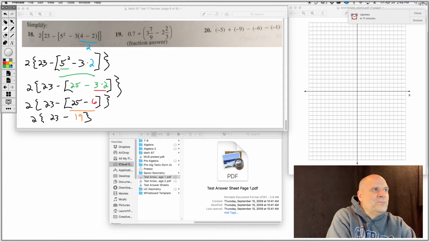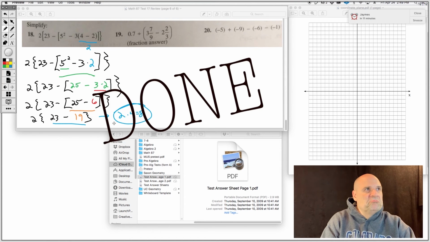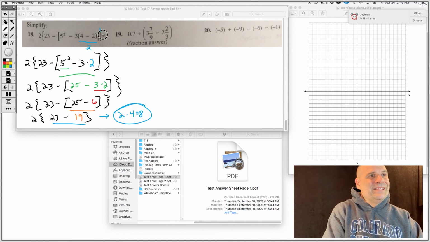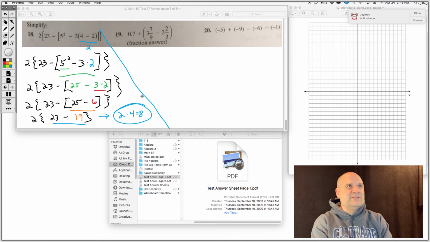Okay, now we have one more parenthesis. This guy, 23 minus 19 is 4. So then we're left with 2 times 4, which is 8. Okay, that works. All right, number 19, we want this in a fractional answer, so we have to convert this